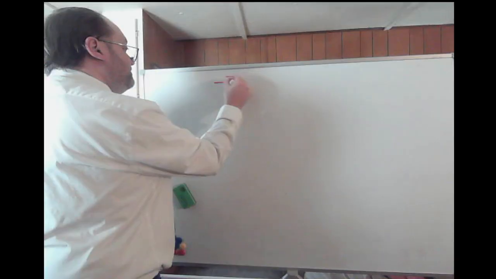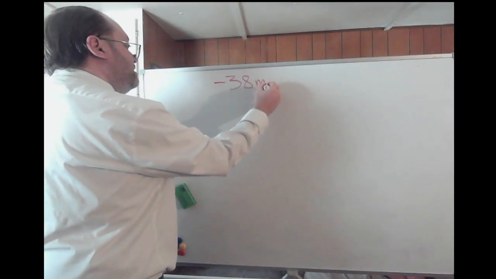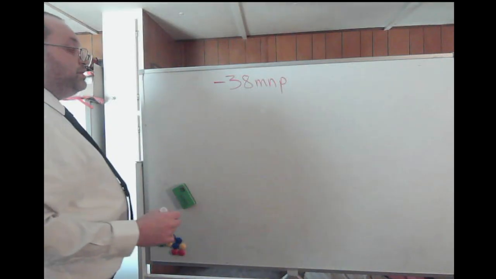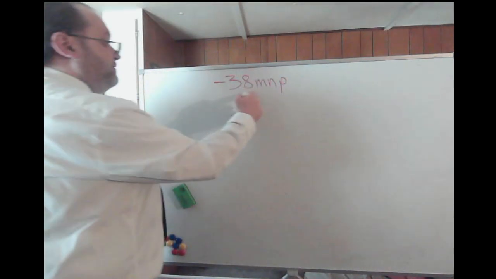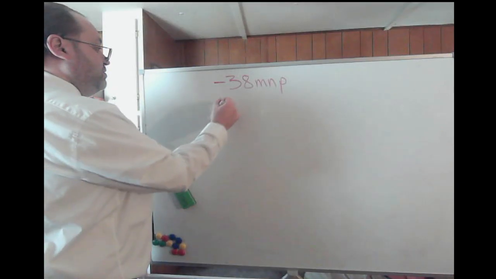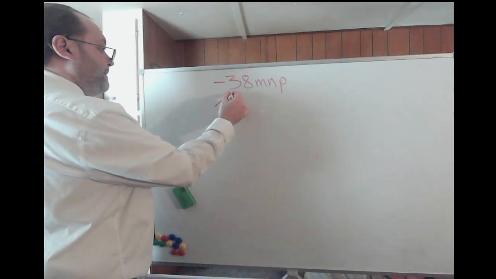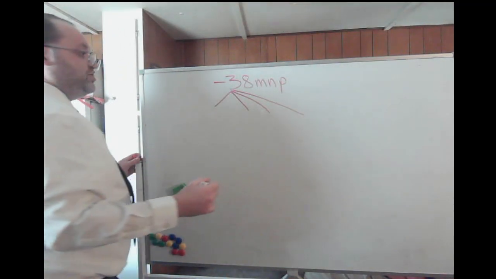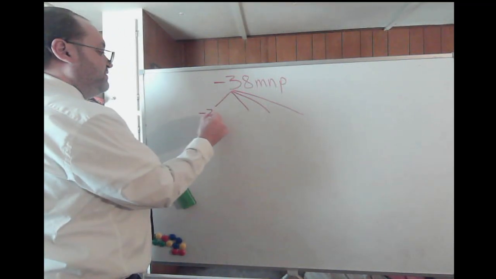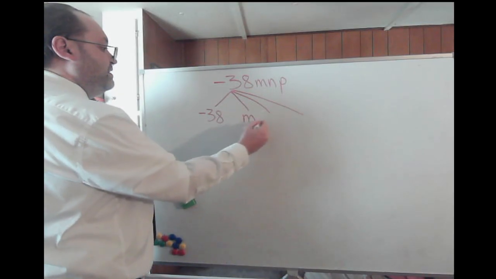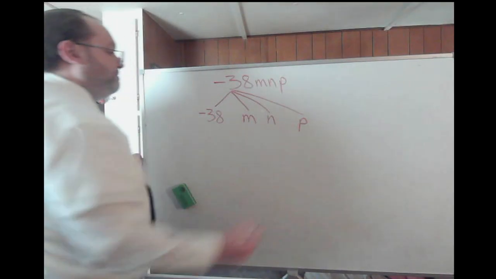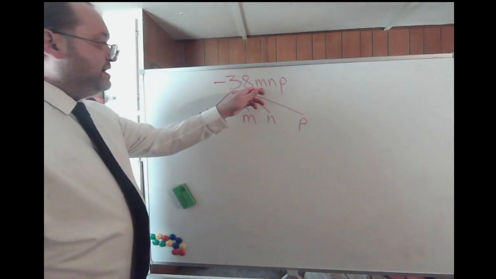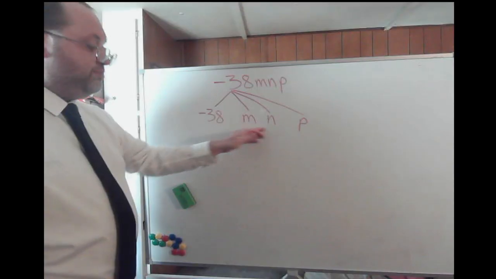All right, we have negative 38mnp. Negative 38mnp. Well, we have 4 things being multiplied here, so we can break this down into 4 parts. You'll have the negative 38 times the m times the n times the p. So if we're doing this negative 38 times m times n times p, we can break these down into 4